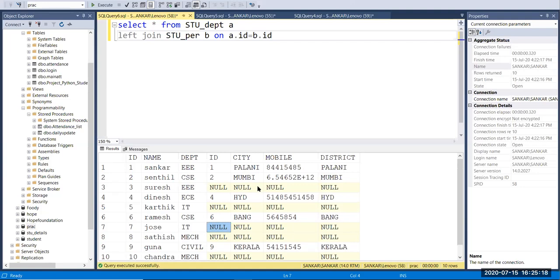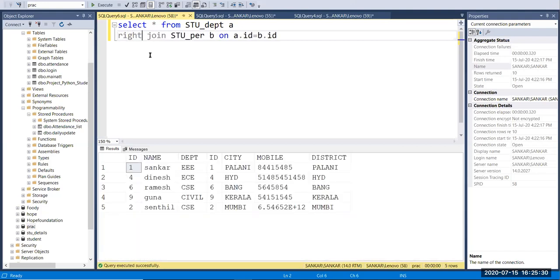If you go with a right join, it is simply the opposite of the left join. I'm going to run a right join here. Now you get 5 values, because the right side table is stu_per, right? In stu_per they have only 5 rows.